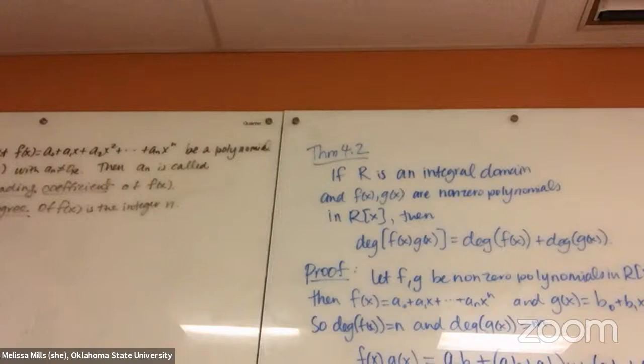Let's prove that. Well, actually, it's a corollary, right? So the proof actually comes up here. I proved that the product of non-zero polynomials is a non-zero polynomial by this proof, right? So in the proof of theorem 4.2, we showed that the product of non-zero polynomials